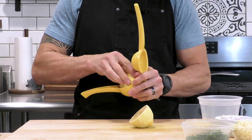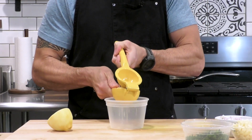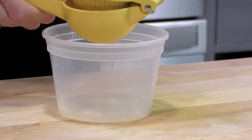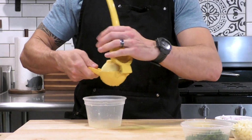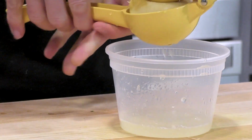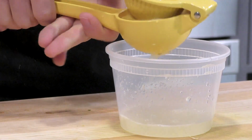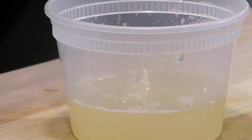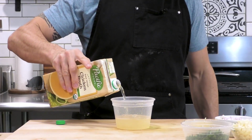The last thing we need to make is this little deglazing liquid that's going to turn into a sauce that the shrimp are going to cook in. So with that very same lemon, we're going to cut it in half, now that it doesn't have any zest, and we're going to juice it into this container. Now we're going to add a little dry white wine, a little bit of chicken stock,